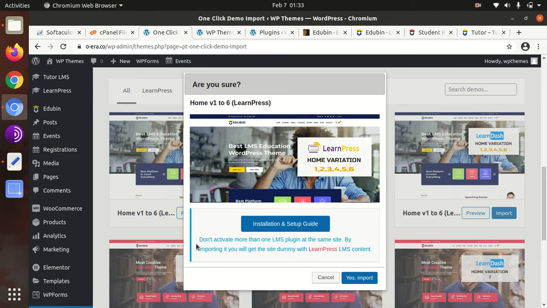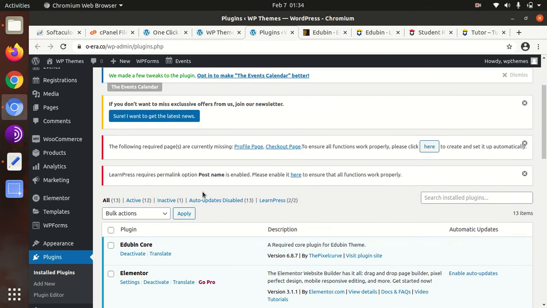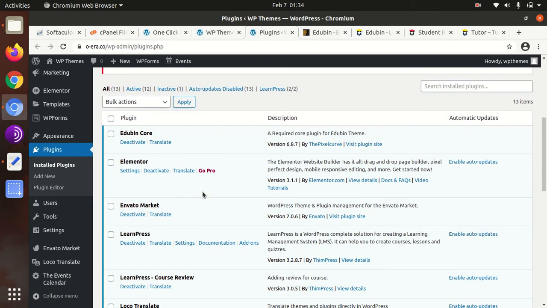and it is saying don't activate more than one LMS plugin in the same site while importing. Okay, fine. It is saying that we must not keep more than one LMS plugin active, and since we are going to use LearnPress, we have to deactivate all the rest.